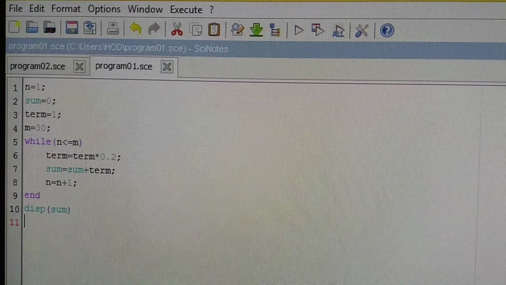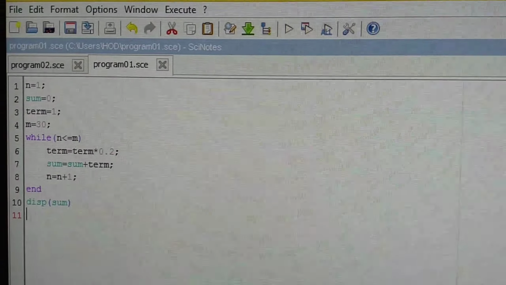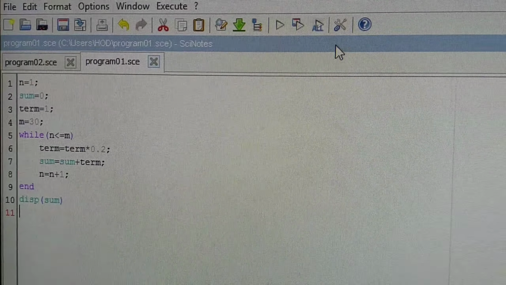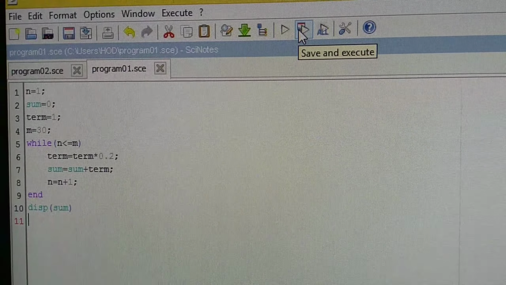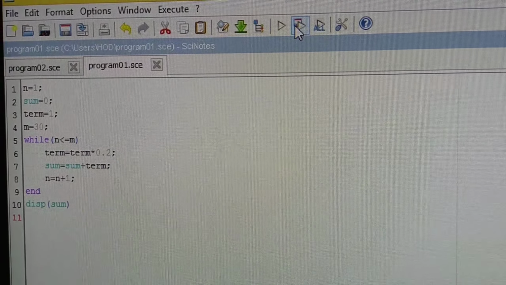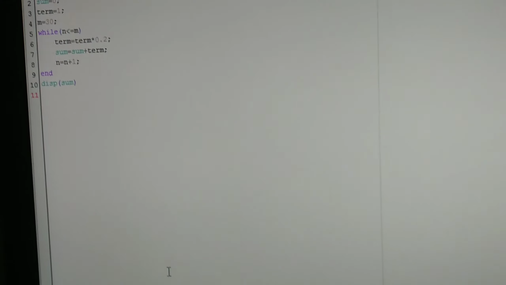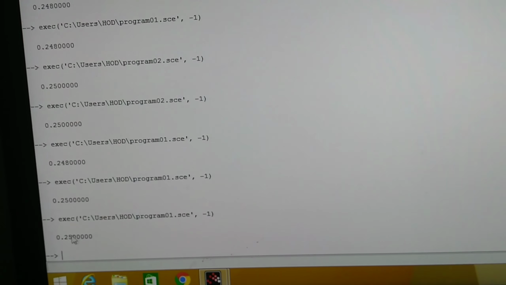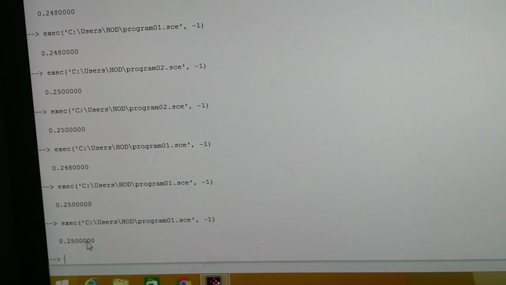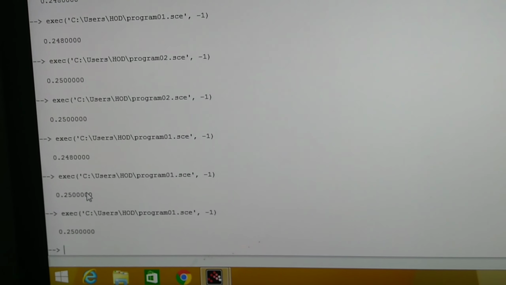If you take m value equal to 30 and write the program, then you will also get the sum equal to 0.25. So you practice it at home, and this will be helpful to solve infinite series sum problems. Thank you.